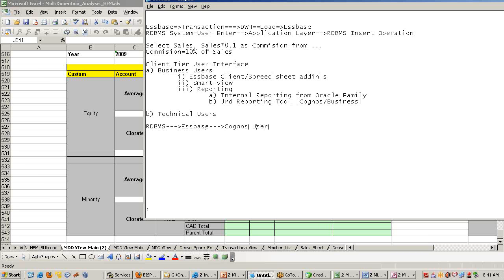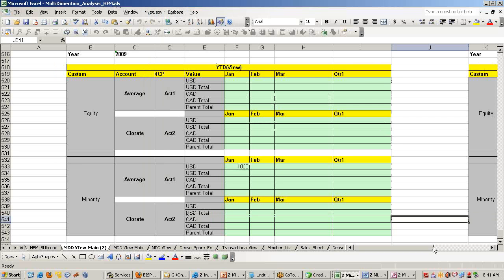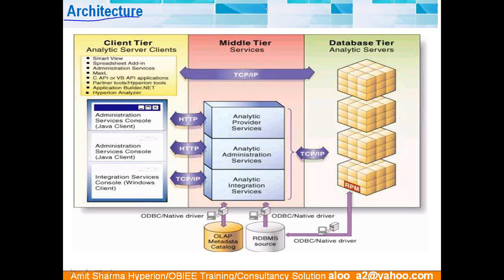Naturally, performance gain is one of the major advantages. For the user, it always looks as if the interface does not change. Only the underlying engine has been changed. We incorporate Essbase. So performance of the report would definitely be increased. And there are certain other areas where we find gain. So this is the client tier. There are various interfaces. And another